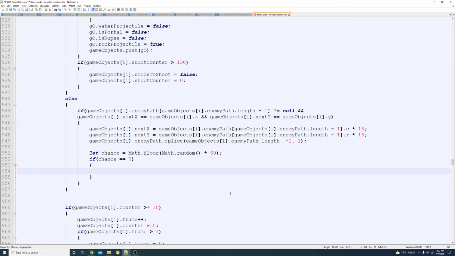Now, you could change this. If you want them to shoot every single time